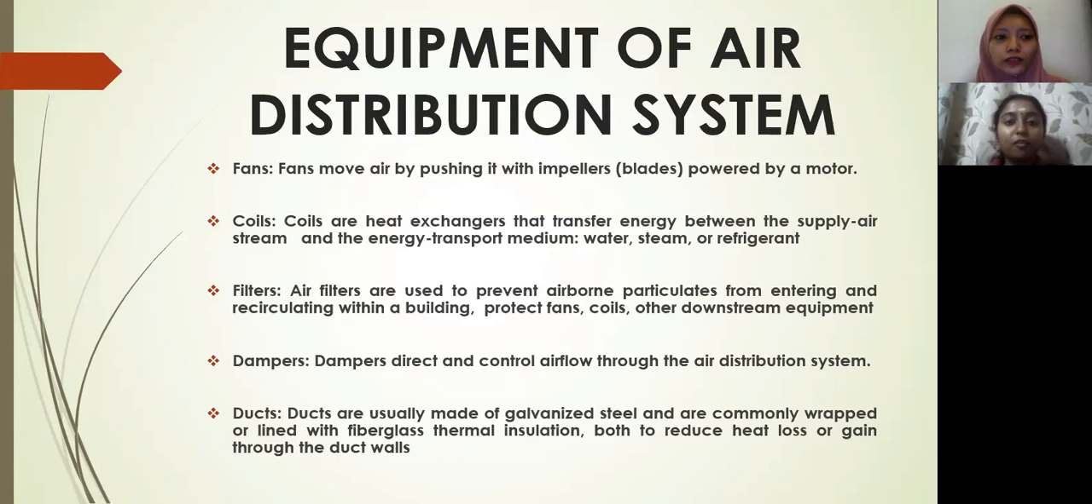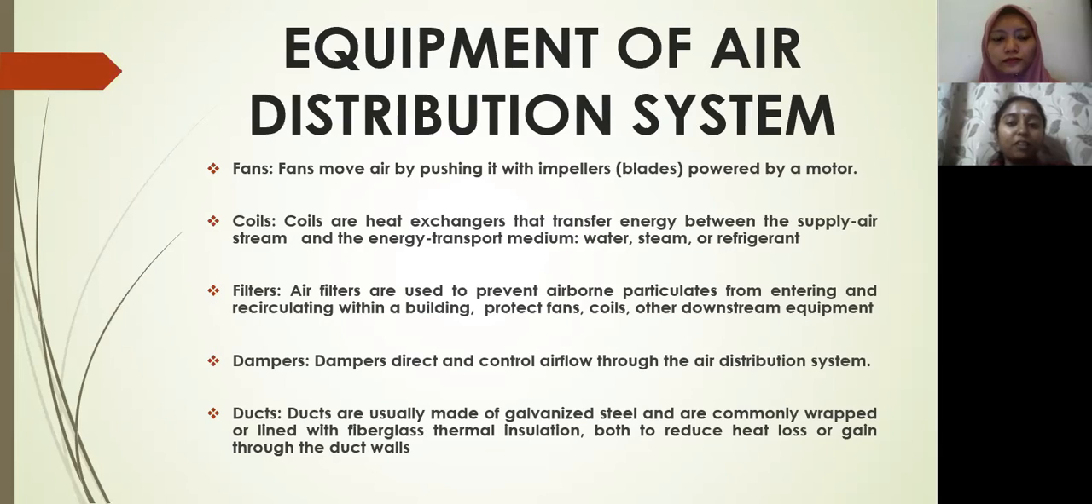Okay, the next one. For the equipment of air distribution systems, there are five main pieces of equipment, which are fans, coils, filters, dampers, and ducts. The function of a fan is to move air by pushing it with impellers powered by a motor. Coils are heat exchangers that transfer energy between the supply air stream and the energy transport medium, which is water,